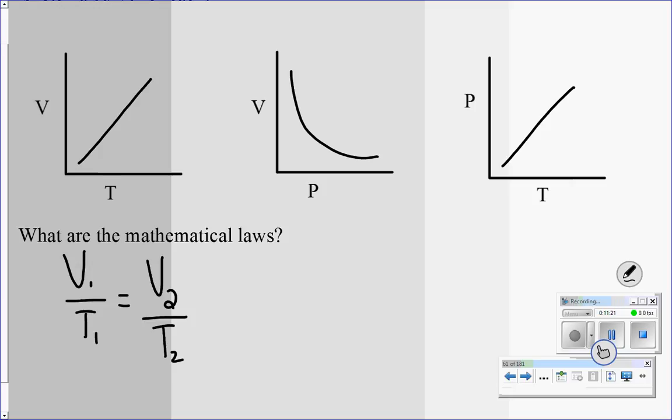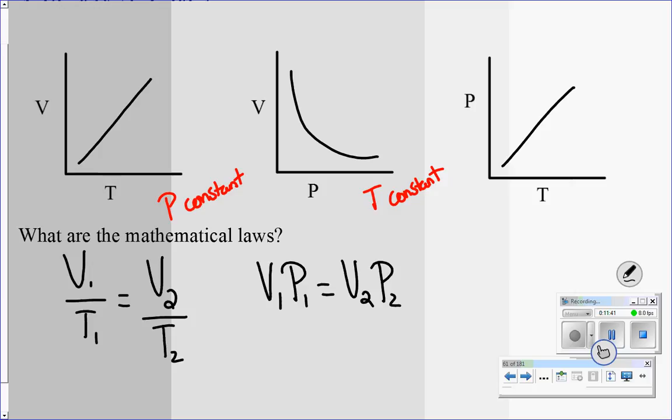In our first diagram up here, we are actually holding pressure constant. In our volume and pressure law, we're holding temperature constant. So Boyle's law is actually stated as an initial volume and initial pressure times each other will equal a second volume and pressure times each other. So you'll notice the upstairs-downstairs relationship in the first one makes that straight upward line. Volume and pressure are next to each other, so that's why you get that relationship where one going up causes the other one to go down.